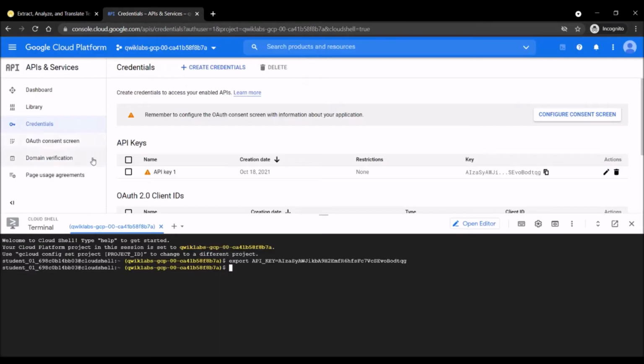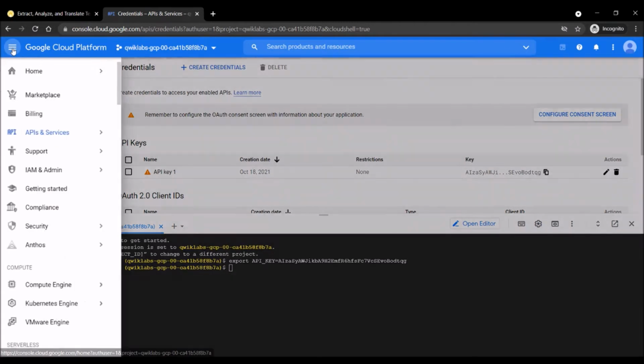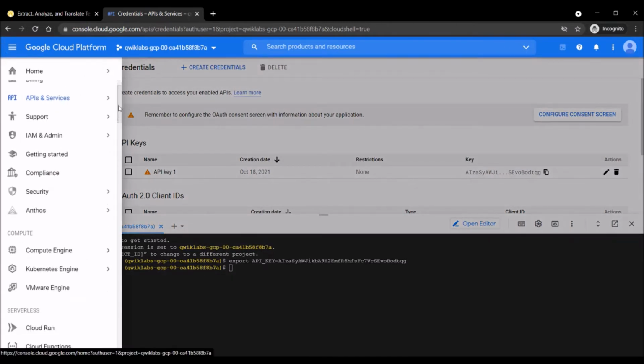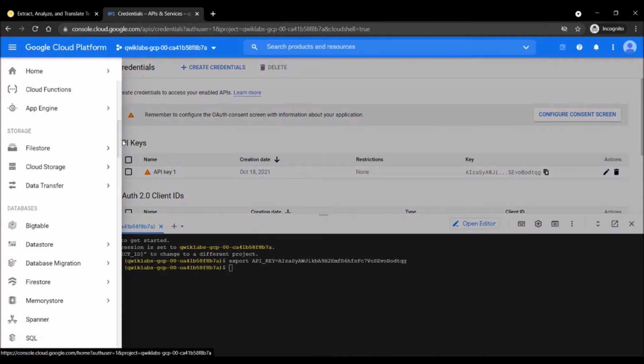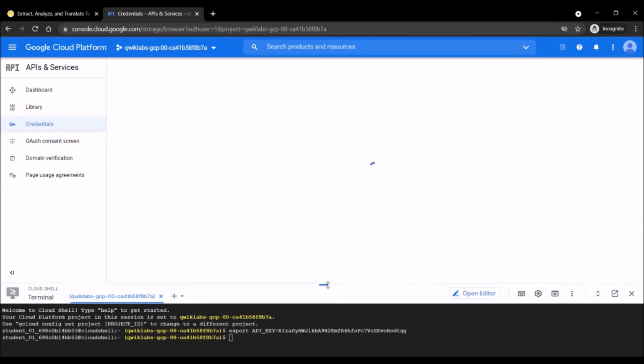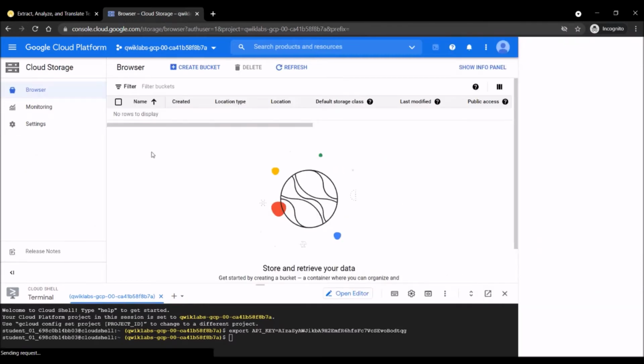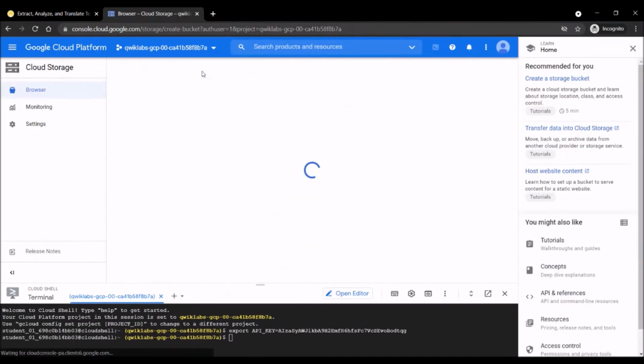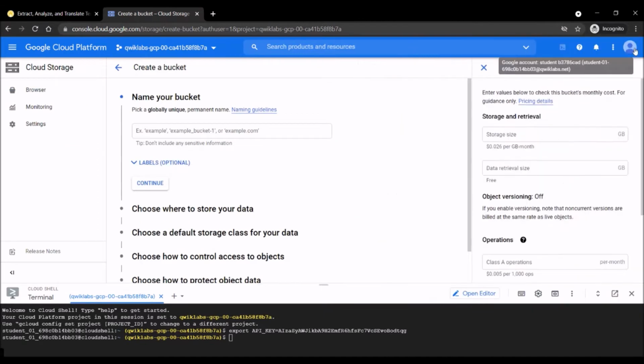Okay. So now we have to upload an image to a Cloud Storage bucket. We will go and create our unique bucket. Cloud Storage. Create a bucket.